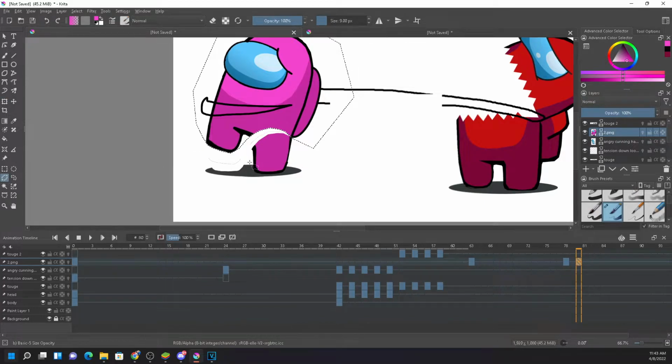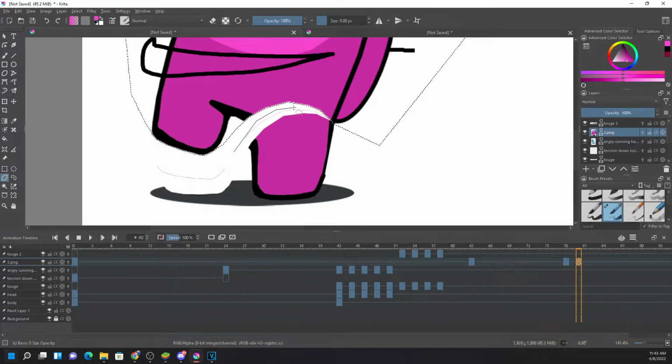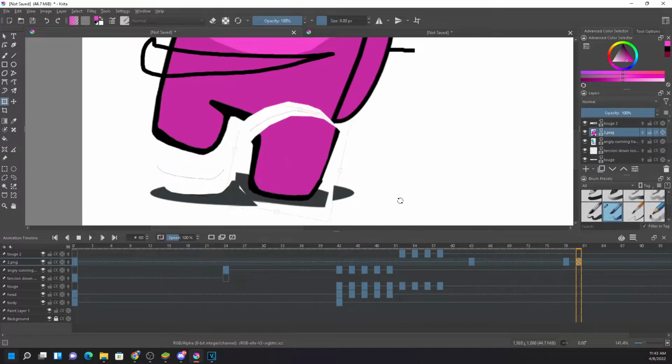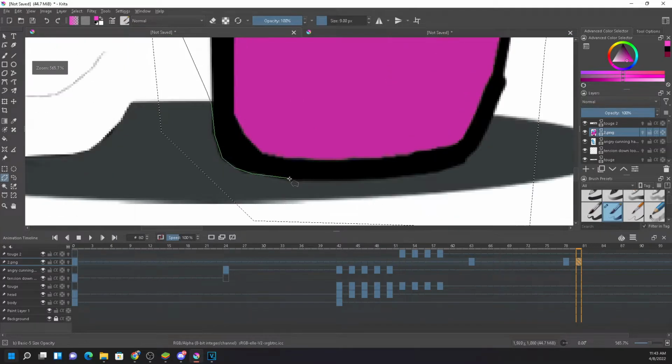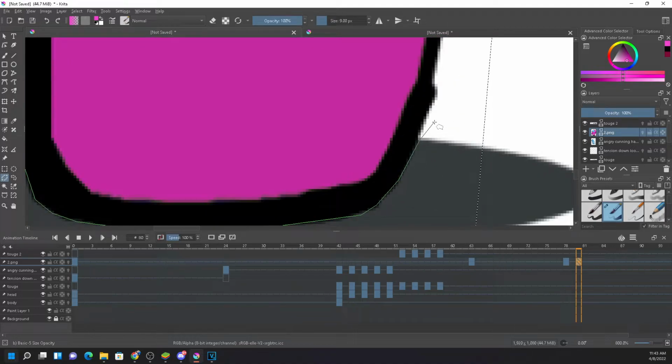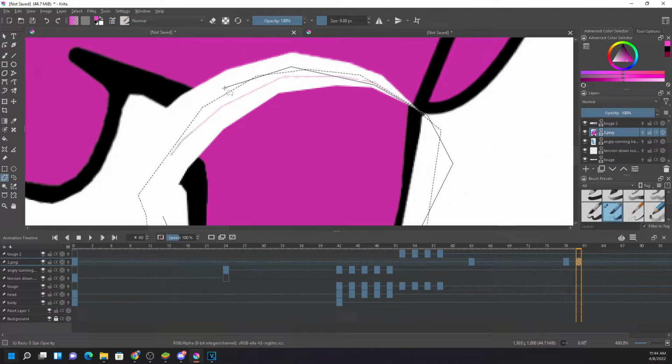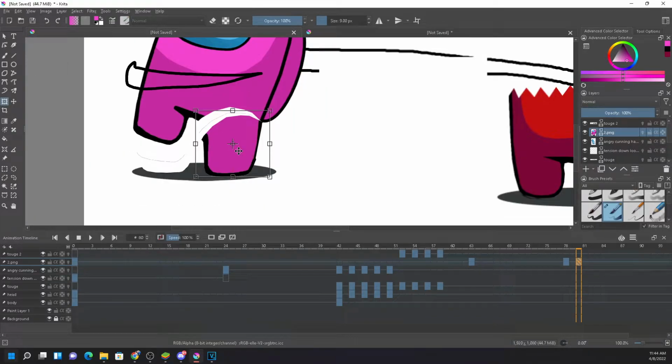So what should I do? Selecting on this frame only. I can select like this because if I select, you look at it, the shadow will also appear. So that's why I'm selecting only this part like this. So Control T, and it will also be like this, right? I'm placing it with little movement.